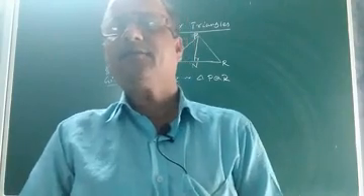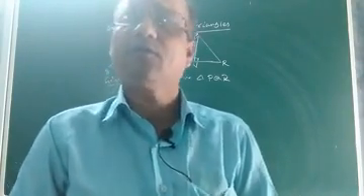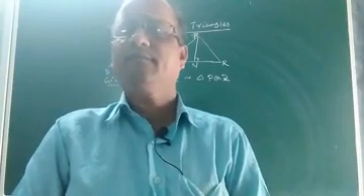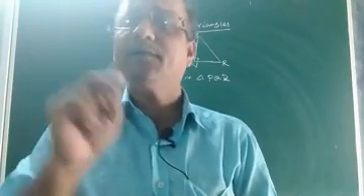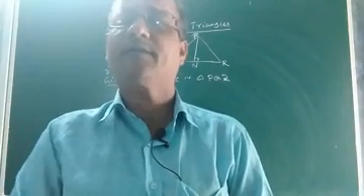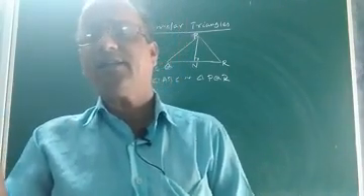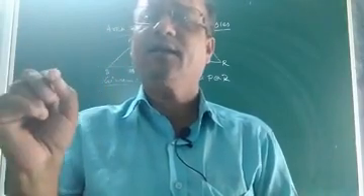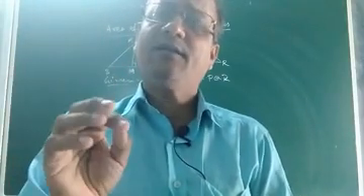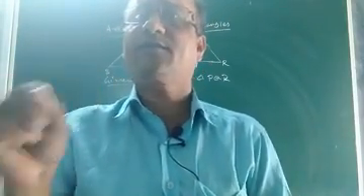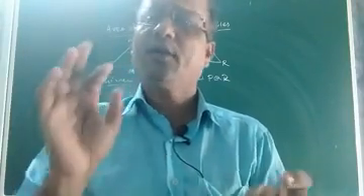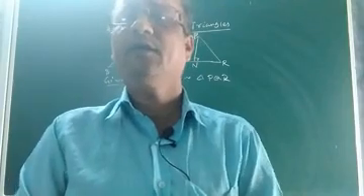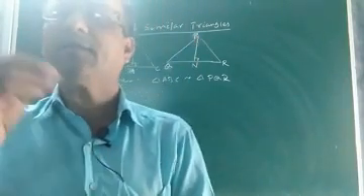Children, today let us discuss another important geometrical truth which gives the relation between the areas of two similar triangles and their corresponding sides. Children, you know different criteria for proving similarity of two triangles, namely AAA, angle, angle, angle; SAS, side, angle, side; and SSS, side, side, side. You already know. We have already discussed the concept of similarity in detail. Now today let us find another important truth.